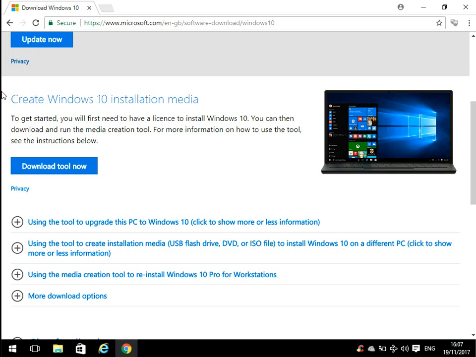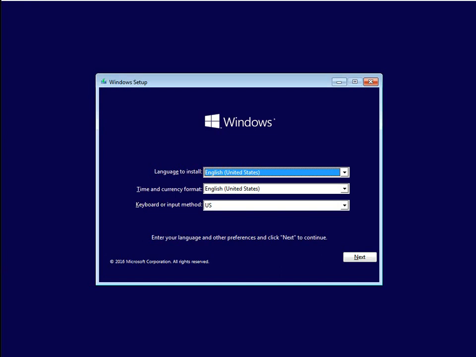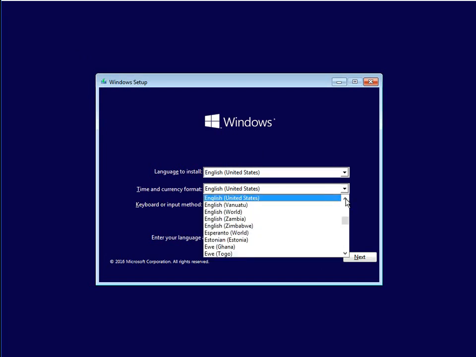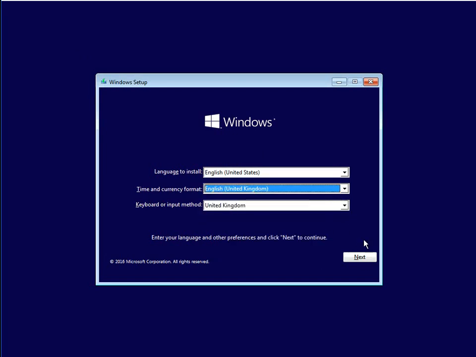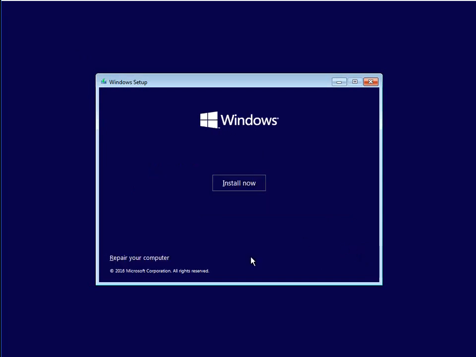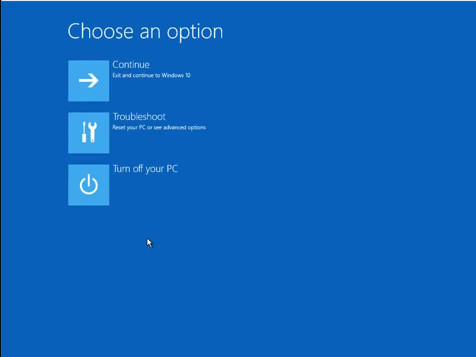I've just put in the Windows 10 DVD, so you'll just boot to a recovery menu. Okay, I restarted my machine. It said press any key to boot to this CD, so I pressed any key. The first menu here, if you just select your region, so I'm from the UK, so select UK. Don't click on install now, click on repair your computer. And at this screen, if you just click on troubleshoot,